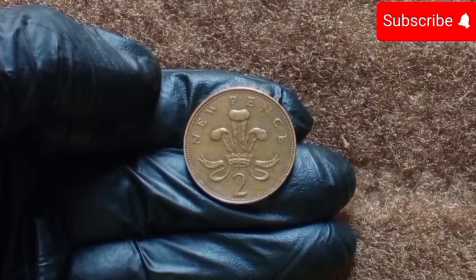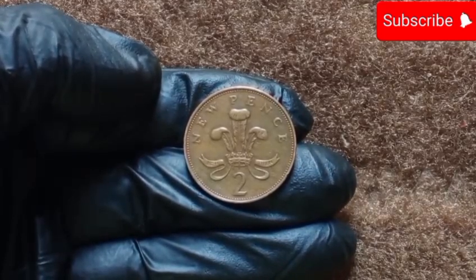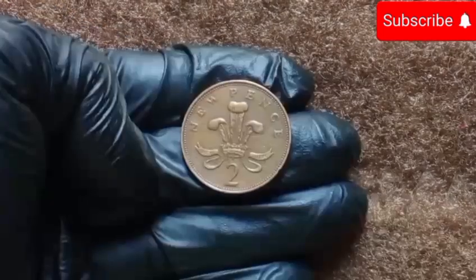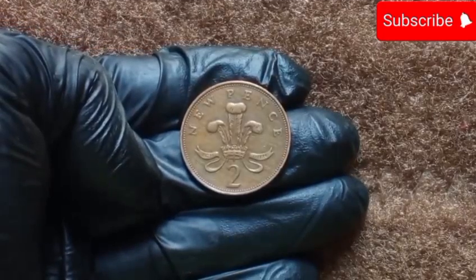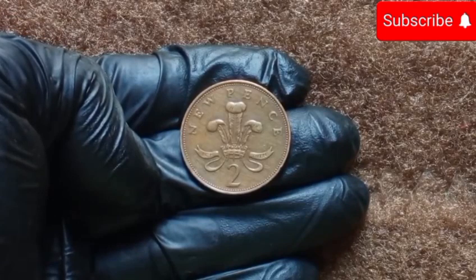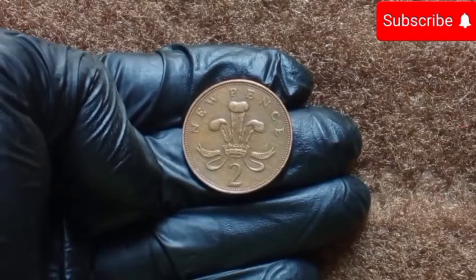Today, we delve into the world of this iconic coin, its history, its symbolism, its journey through time, and its place in the hearts of collectors and Britons alike. The dawn of decimalization. Before 1971, Britain used a complex system of currency based on pounds, shillings,